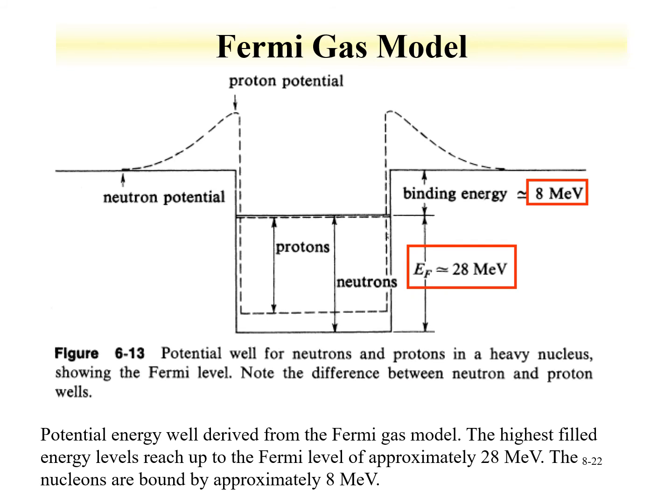Here's an example of the potential from the Fermi gas model. We see there's a few components. There's a proton edge shown here in the dashed line, and then a neutron edge, which is more of a step function. There's obviously a difference in the potentials, and that comes into play with the model describing why neutrons tend to be emitted during de-excitation as opposed to protons. This difference in the binding energy, this 8 MeV for a neutron versus a value that would be much larger for a proton, is held within